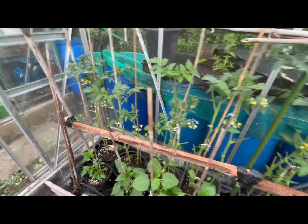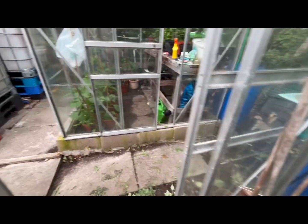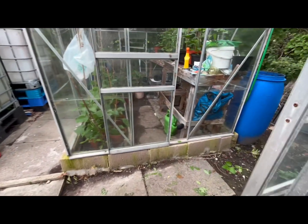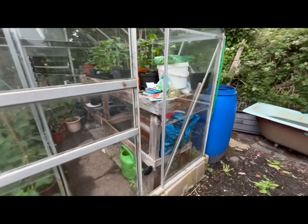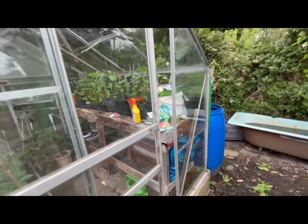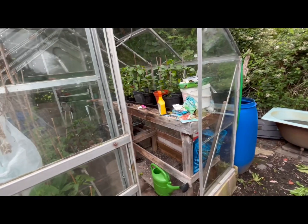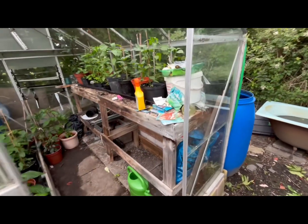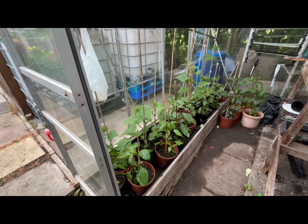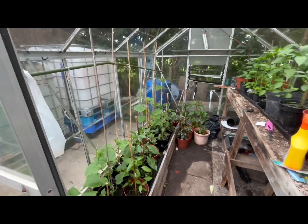We're only just getting into the beginning of July, so let's see if I can step out of here without going you know what. Let's see if I have a massive fight with this door like the last one. Ooh, something works. Right then, yeah, as you can see, I've been working again, playing catch up in this greenhouse,